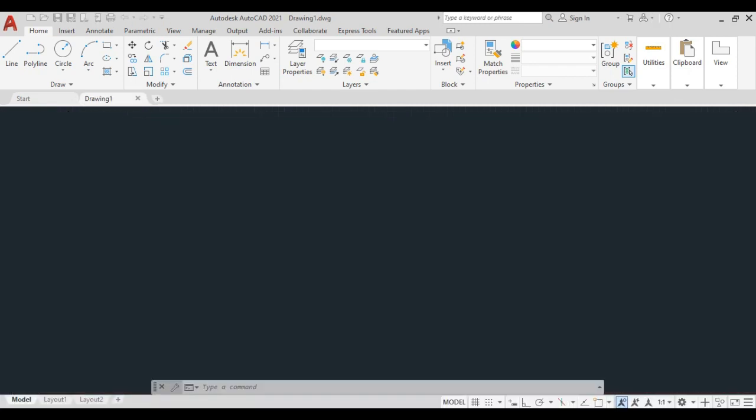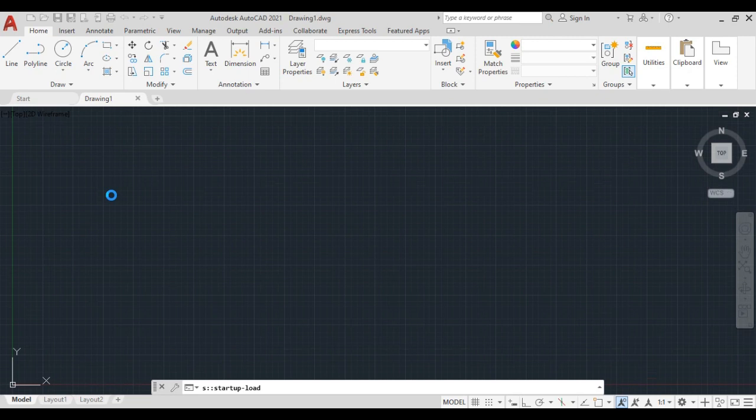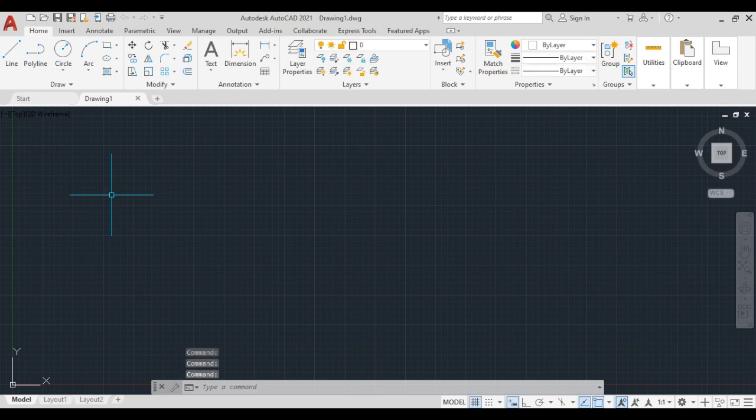After clicking on start drawing, the software looks like this. Now we'll learn some very basic settings and basic drawing concepts, and how we'll start drawing on our sheets.